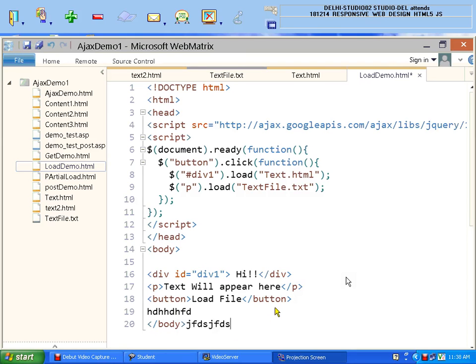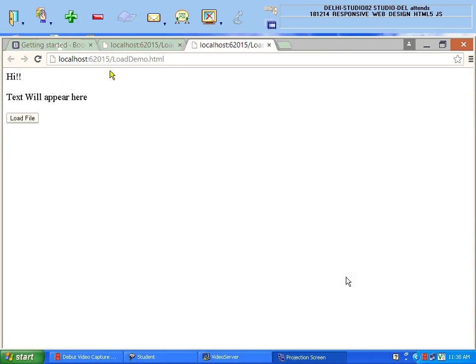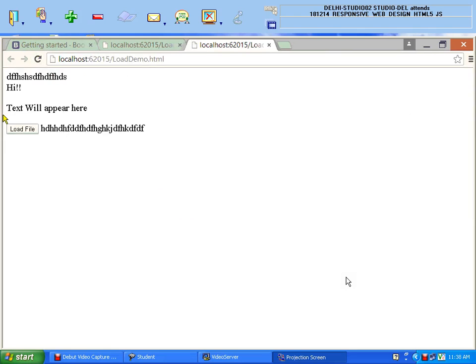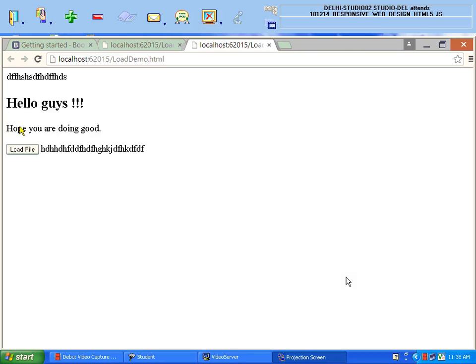We'll display something over here, and we'll try to check this again. This is coming, and I will try to upload. See, the rest of the page does not refresh. I mean, the whole page did not reload. Only the content which I try to upload inside the div tag and inside the p tag is loaded.